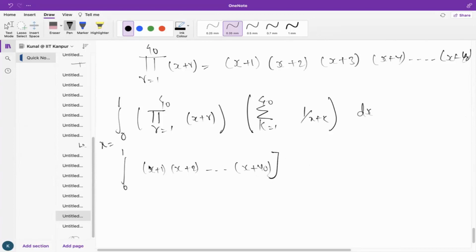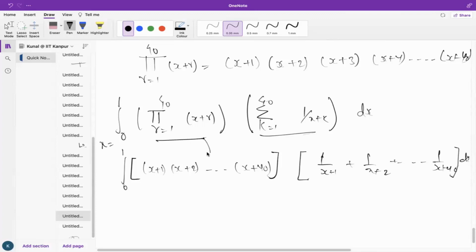And then I have to add here 1 by x plus 1, 1 by x plus 2, dot, dot, dot, 1 by x plus 40, and this. Like if we open this and this, we get this and this. I hope you'll all understand what I'm trying to say, right? So